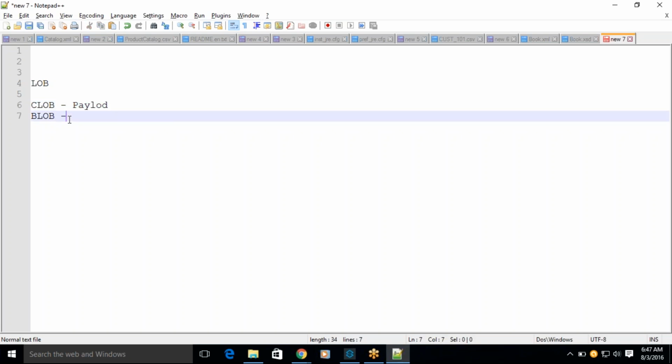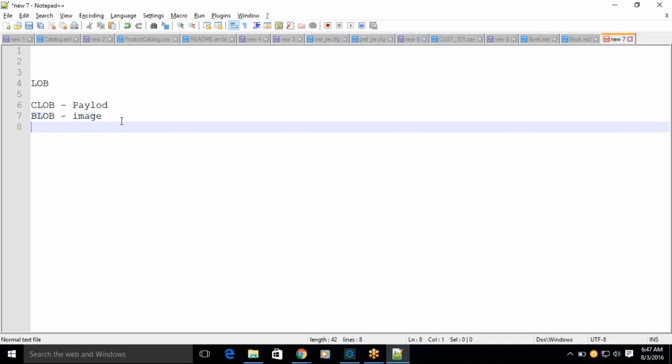When you say BLOB, binary large objects, you may be storing data files, might be image files. When you're going for loan processing or anything, they will store your image or signature, all these things, in a BLOB data type. So XML will be used for storing and transportation purposes. And there is another thing called